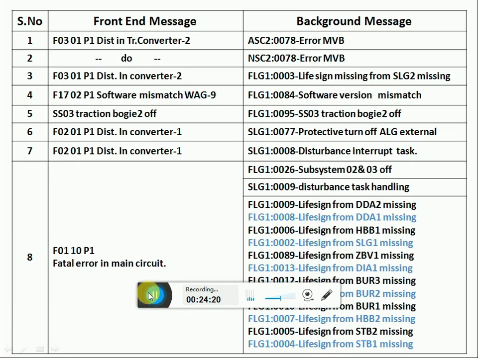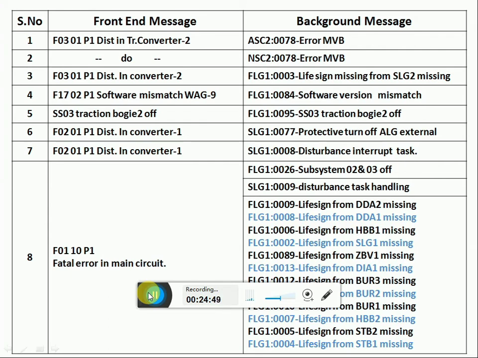We can see here front end and background messages, diagnostics data set messages. For example, for disturbance in converter 1 or 2 or isolation cases, so many types of background messages may develop. For converter isolation or disturbance, so many internal problems will be there.